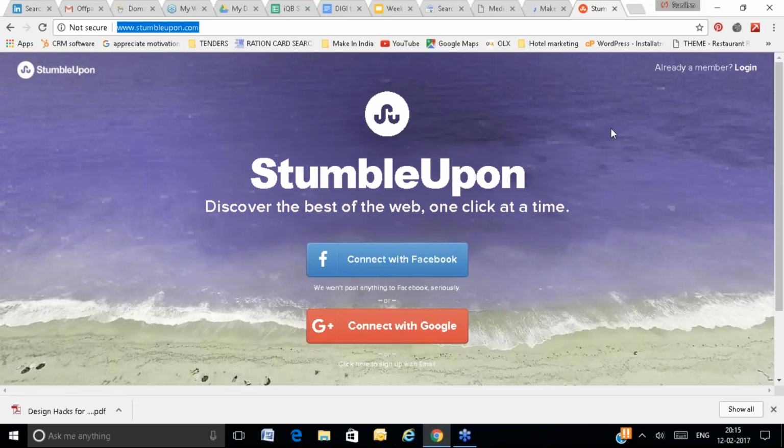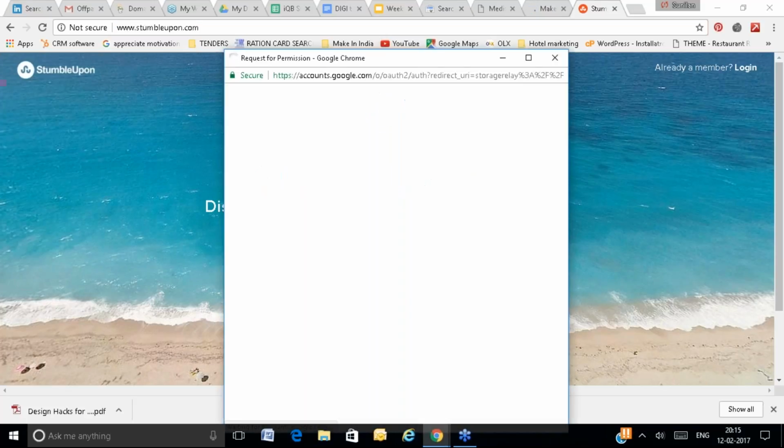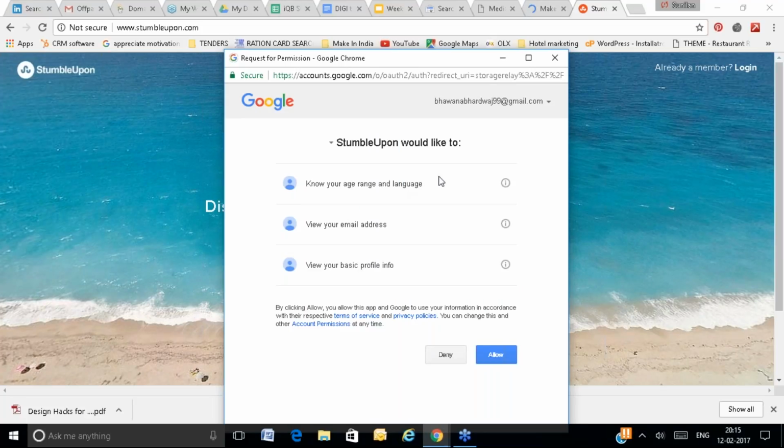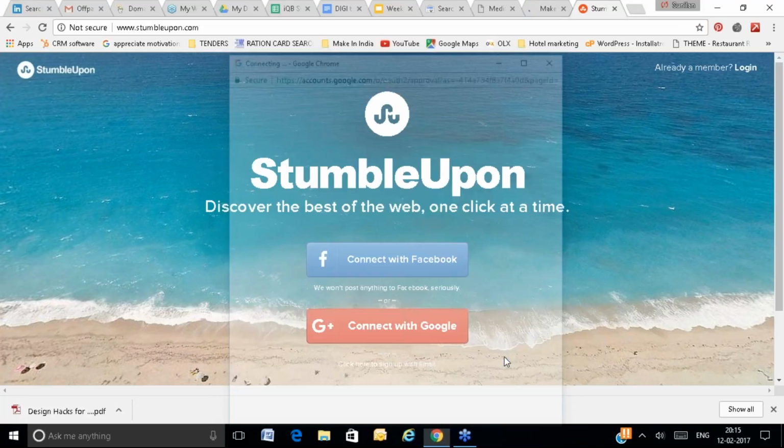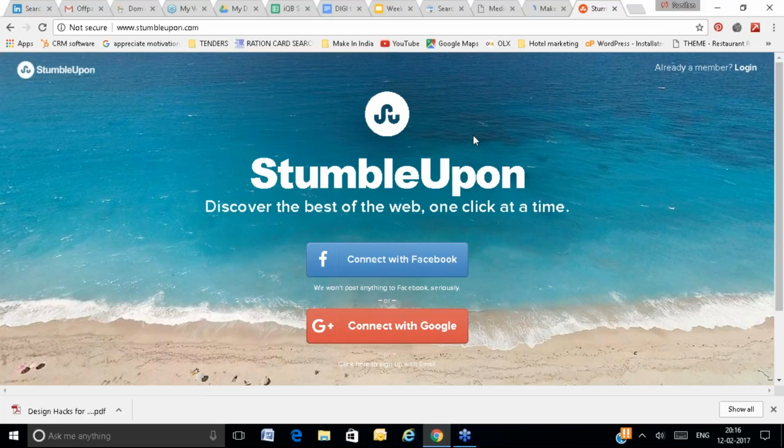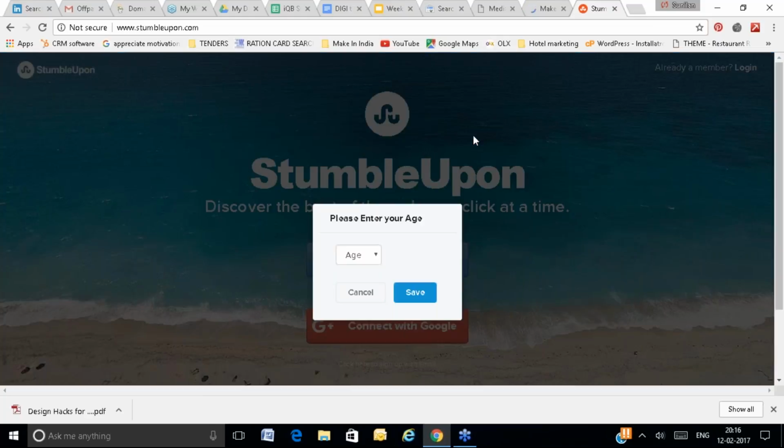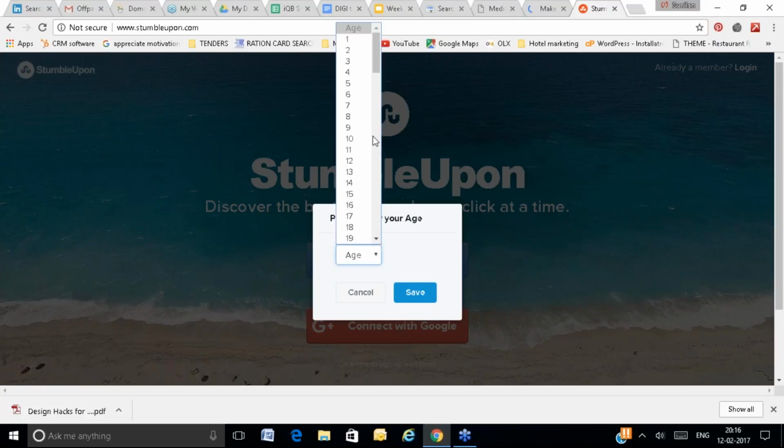So if you are doing the bookmark, you have to first find the website where you want to do the bookmark, and then you have to create the account. If you are already a member, you can log in here. If you are not a member, you have to create the account. Let's suppose I am creating the account with my Google account. So you have to create the account and then you can do the bookmark. While doing the bookmark, you will submit your website URL and a little bit of description about the website and the keywords related to that website, right?